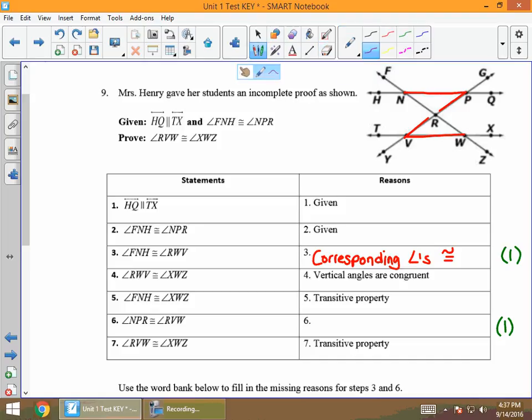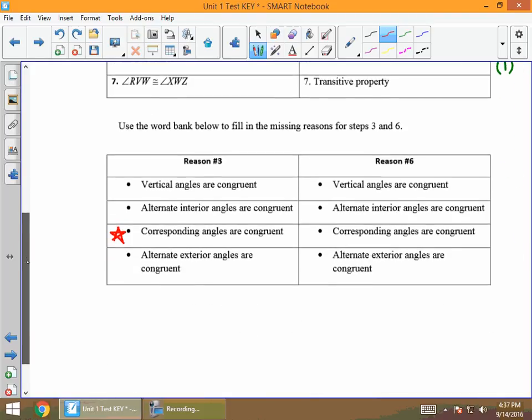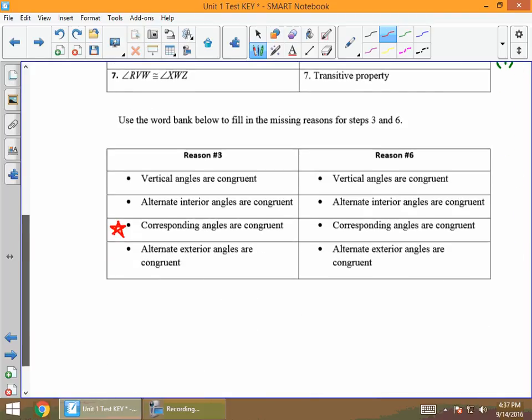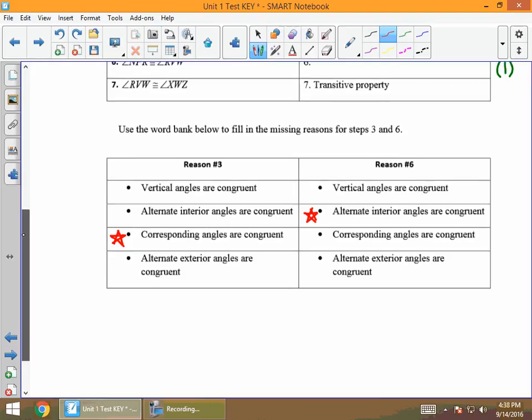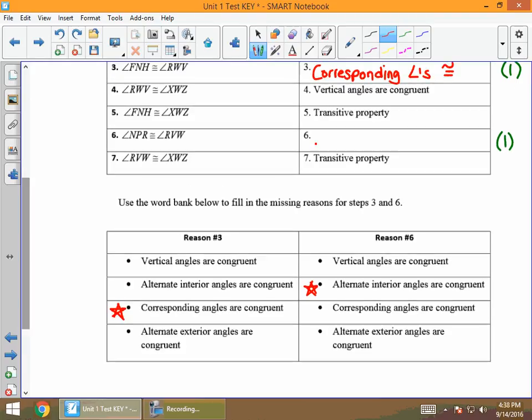So if I have these 2 angles, why are they congruent? Well, if you look, they're again 2 parallel lines, those 2 horizontal lines. And now they're cut by a new transversal, YG. YG cuts through there. These 2 angles are both inside the parallel lines, so they're interior, and they are on opposite sides of the transversal. So they are alternate interior angles. So my last reason, alternate